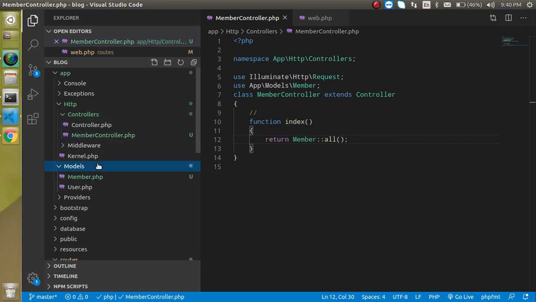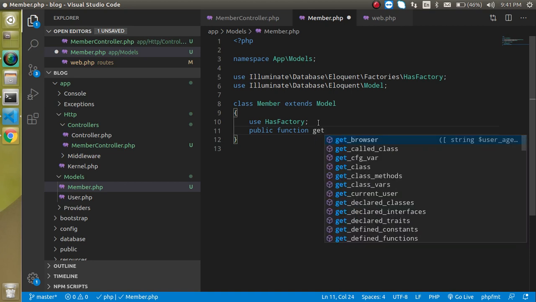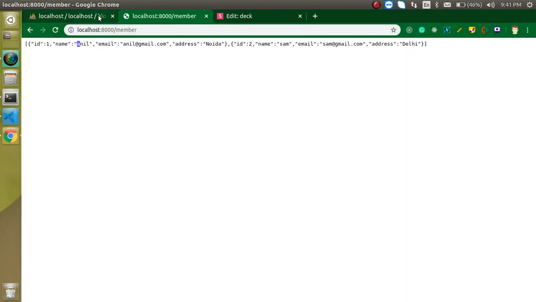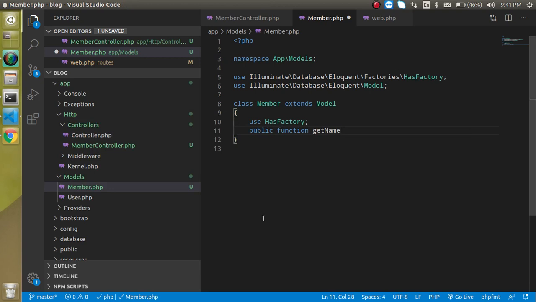Just define a function, and you can make it public if you want, right? And then define the accessor. Accessor function name always has a pattern, so you just have to define it like get, then name. What is that name? Name is actually our column field from the database, right? Name and email and address, right? And at the last let's put here Attribute.